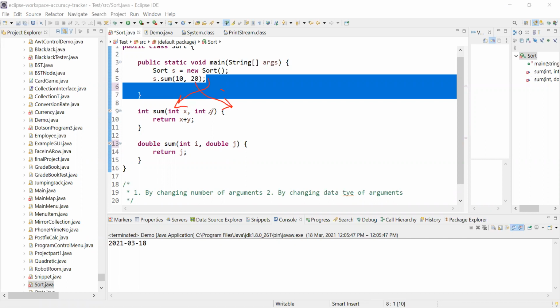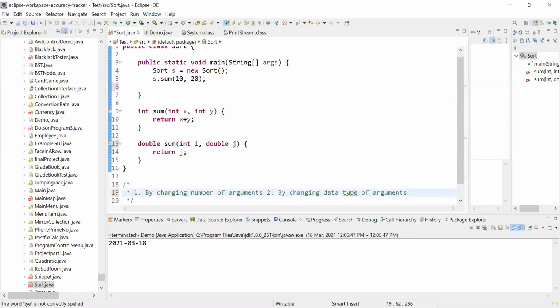Getting my point? So the return type does not really matter when we are doing overloading. What matters is the number of arguments and the data type of arguments.